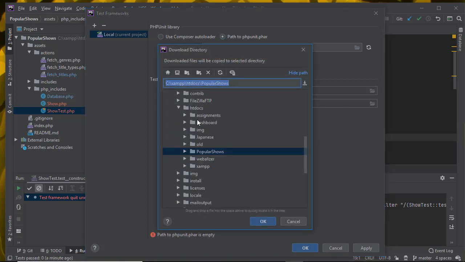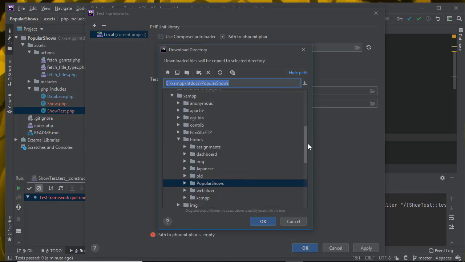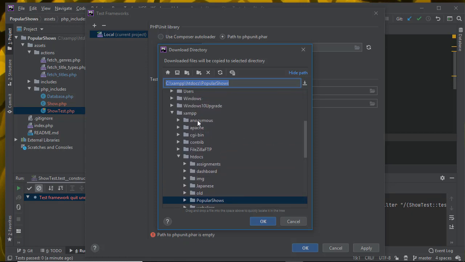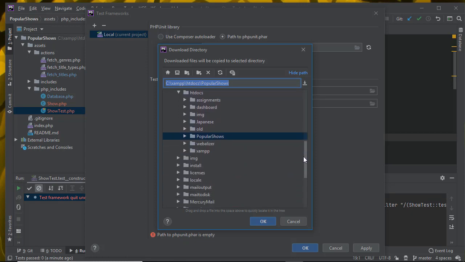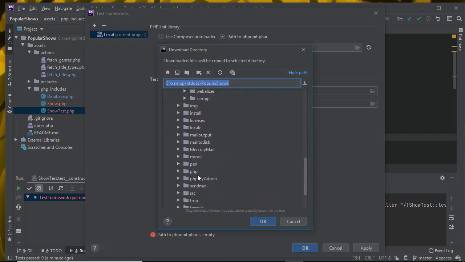And then I need to specify where I want this to go. By default, it's going to go into my project folder. And you can put it in the project folder, which may actually be what you want if you want it to be checked into your GitHub repository. Or you can put it somewhere in XAMPP. For example, you can put it in the PHP folder. And there already is, in fact,